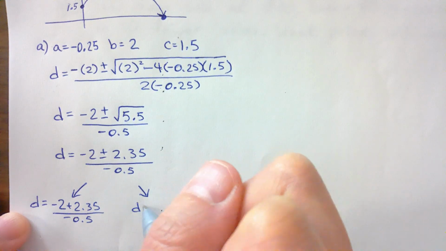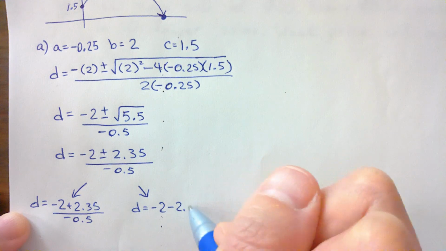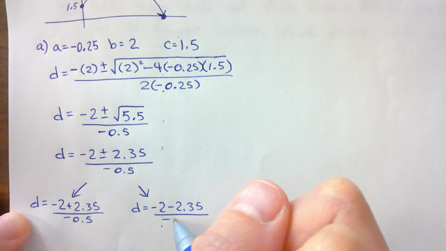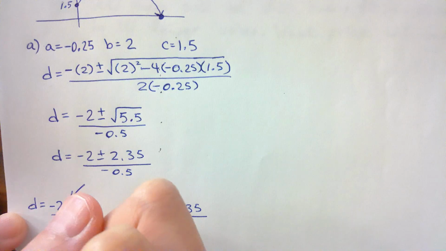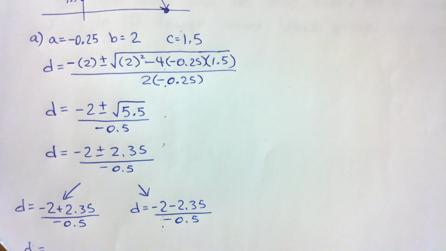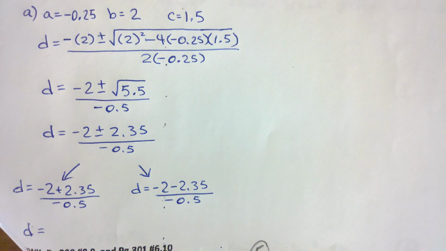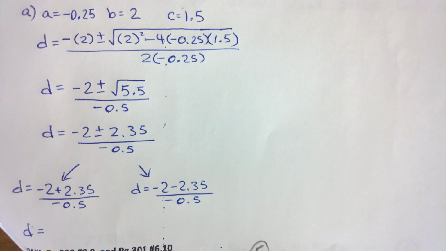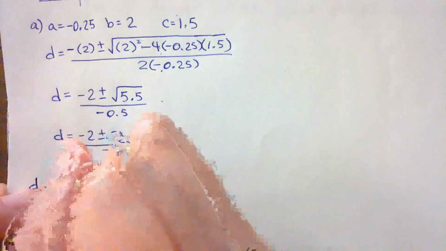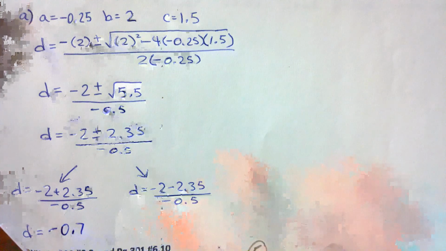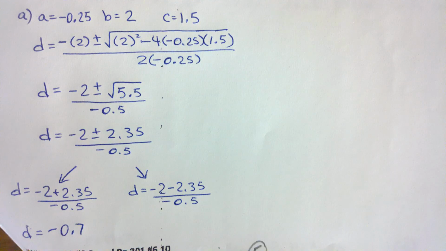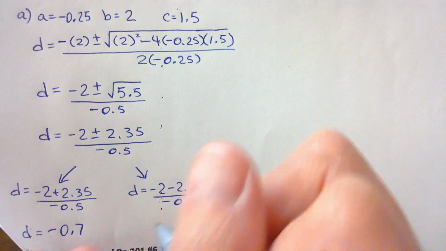The other one is going to be -2 minus 2.35 over negative 0.5. -2 plus 2.35 divided by negative 0.5, I get negative 0.7. And then on this side, -2 minus 2.35 divided by negative 0.5, I get,